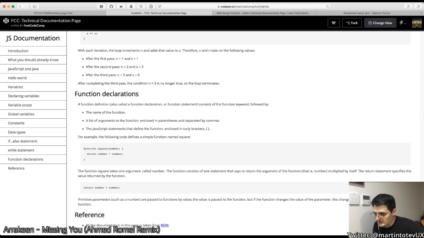References taken from MDN, which is an amazing source for everything, pretty much web design, like front end. Mozilla has been doing an amazing job at trying to teach people, and also fighting for the